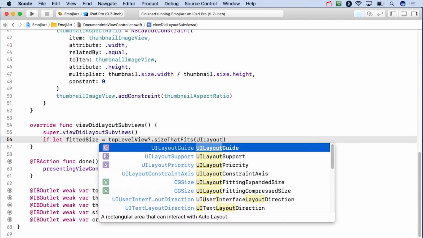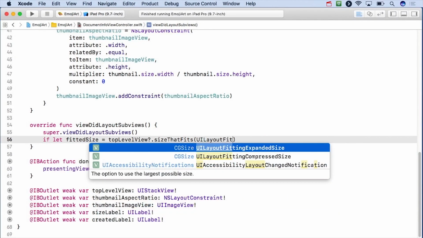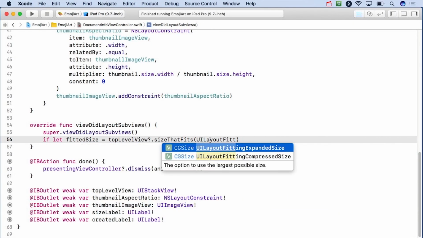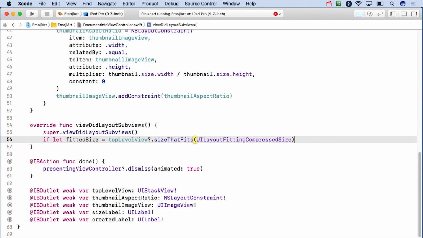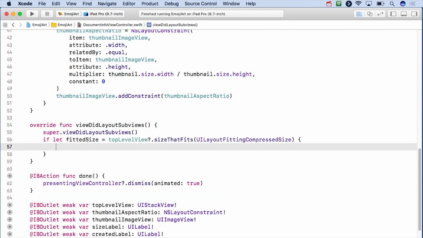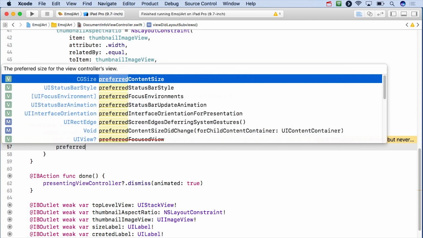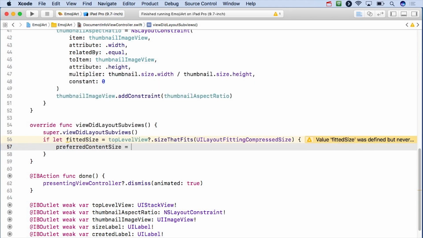UILayoutFittingSize, and you can see here there are the two magic ones, expanded size and compressed size. So compressed size is the one I want. Okay, and this is essentially saying go do auto layout and see the smallest possible size that you can be. So if I'm able to do that, which I'll be able to do if my outlet has been set here, then I'm going to set my preferred content size equal to a CGSize, which is width of that fitted size,